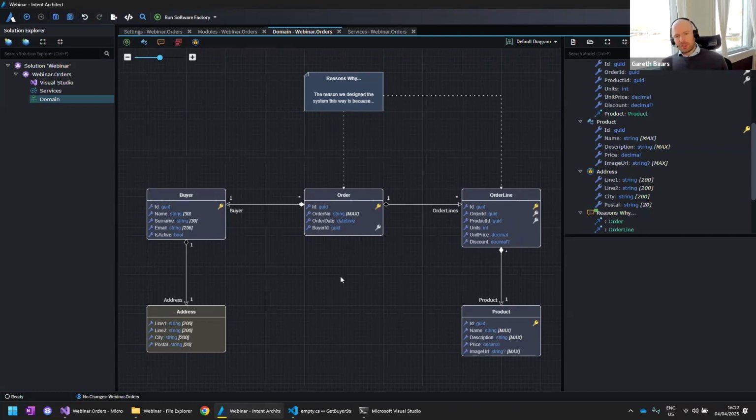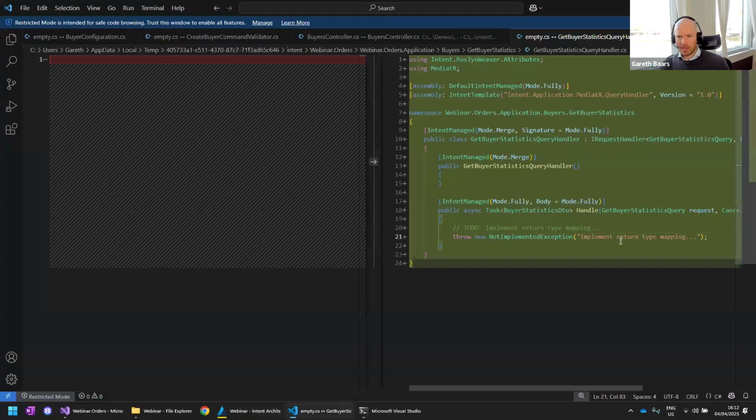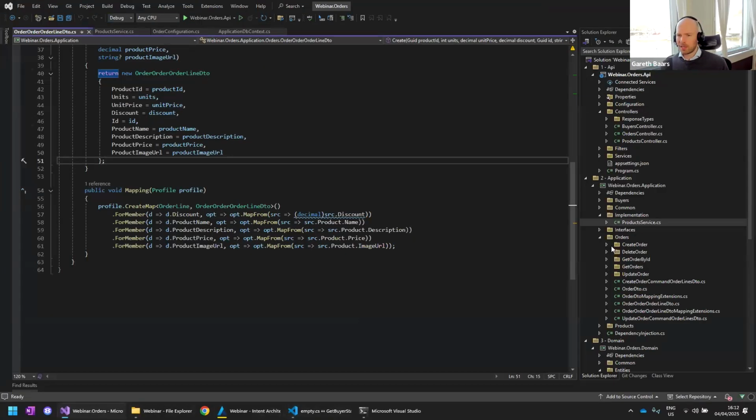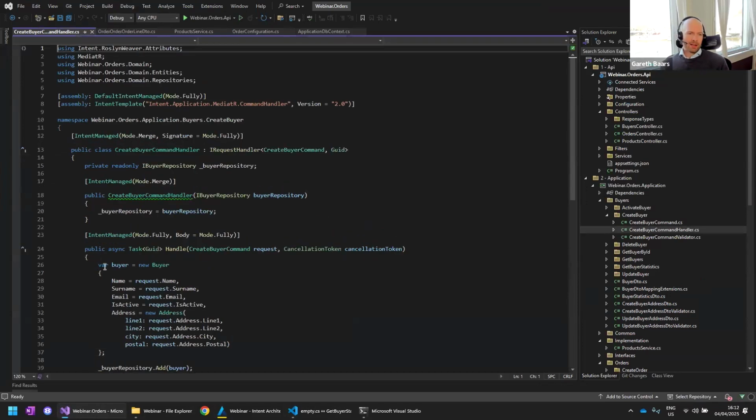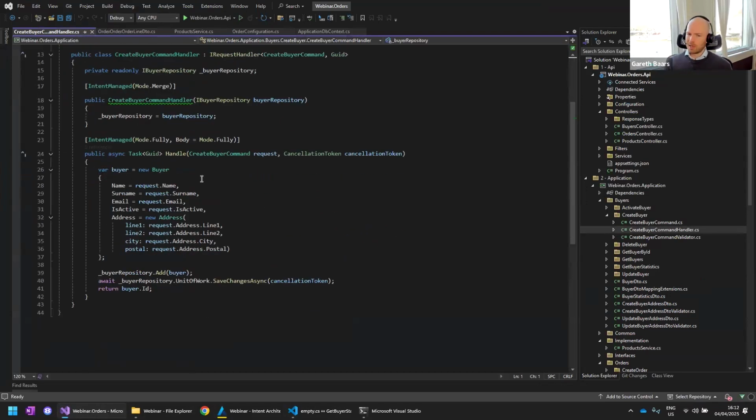All right, now at this stage, guys, when we do the demo, we oftentimes get a lot of questions. A very common question is, okay, great, I've seen Intent Architect writing a lot of the code. What happens if I want to do some customizations? I want to do some customizations in, for example, a buyer. I want to be able to change the way that, for example, this business logic works or whatever the case is. That's a very common question. And that's exactly where I'm going to go next. That's exactly what I'm going to show you guys: how we can do those customizations.